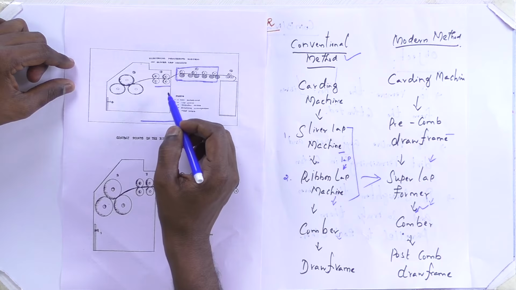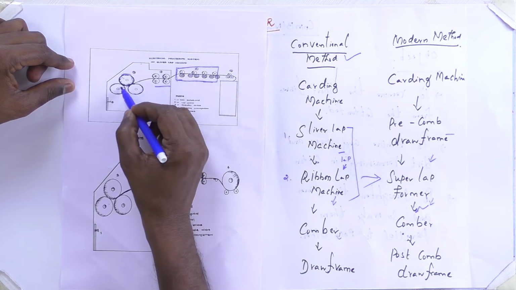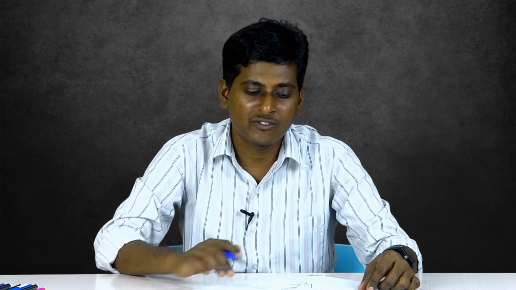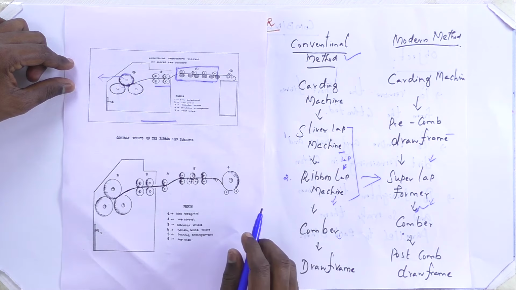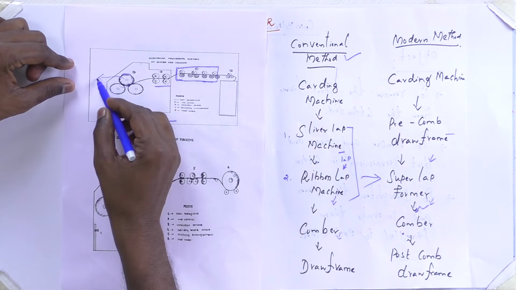Then it passes through the calender compressing rollers. Then we produce the sliver lap. Here the 24 to 36 carded slivers are used as a feed material. These slivers are combined together, drafted together, and converted into a web. Then we wind it on a suitable package, that is a sliver lap. The lap looks like our blowroom lap. The width of the lap is very small when compared to the blowroom lap.